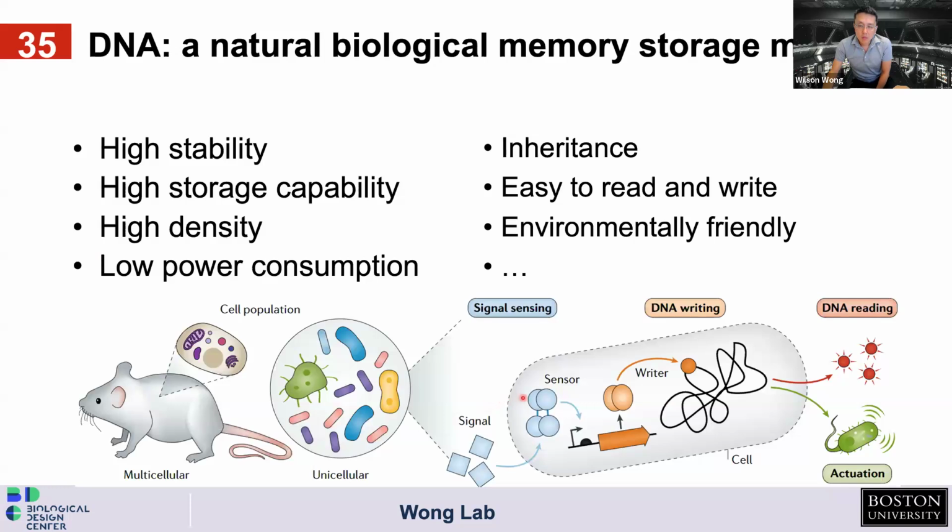So we're wondering if we can actually use the cell-free recombinase system as a storage device, right? So DNA is a natural biological memory system. Of course, there are a lot of people thinking about these things, right? And because it has high stability,